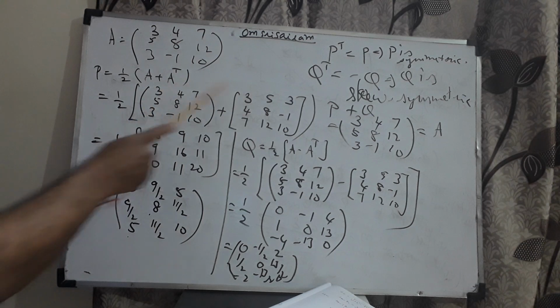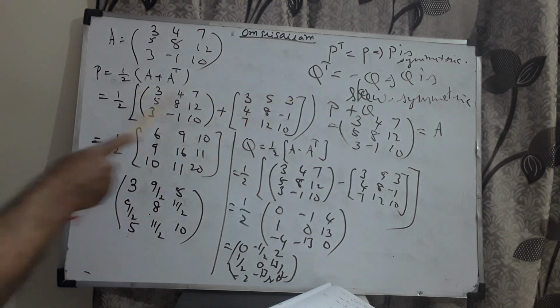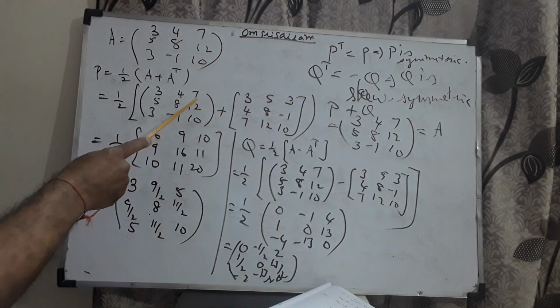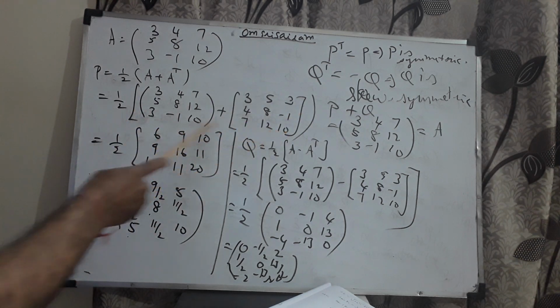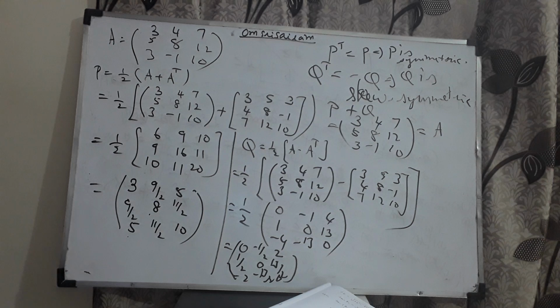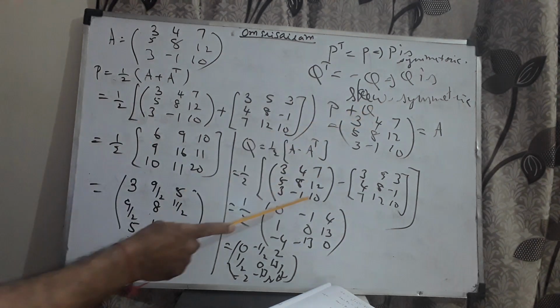3 plus 3 is 6, 4 plus 5 is 9, 7 plus 3 is 10, 5 plus 4 is 9, 8 plus 8 is 16, 12 minus 1 is 11, 3 plus 7 is 10, minus 1 plus 12 is 11, 10 plus 10 is 20. Division by 2 gives you 3, 9 by 2, 5, 9 by 2, 8, 11 by 2, 5, 11 by 2, 10. Then subtraction gives you